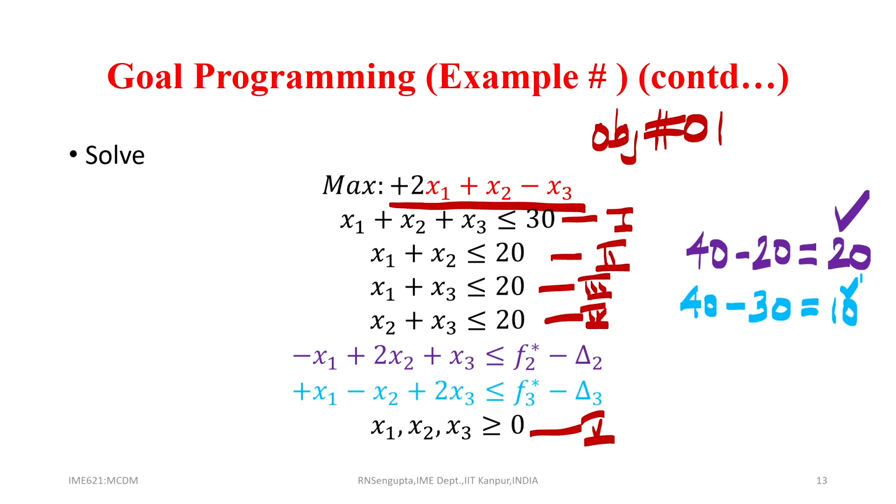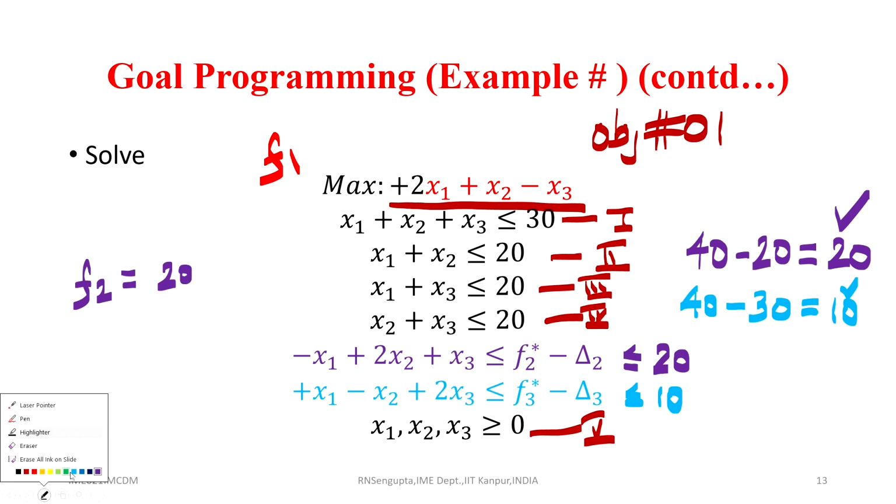So, based on the fact that the right hand side for the last 2 constraints, this should be less than equal to 20 and this should be less than equal to 10, and based on that we will solve and find out the value of the objective function f 1, which means that once we have fixed f 2 at 20, f 3 at 10,